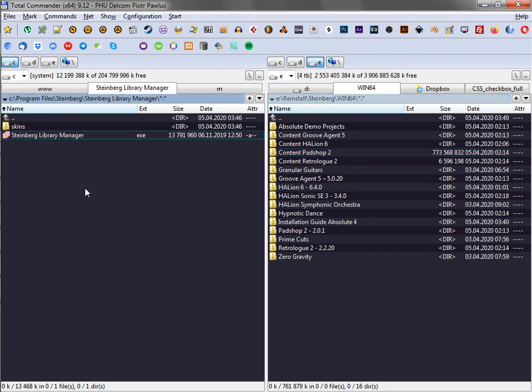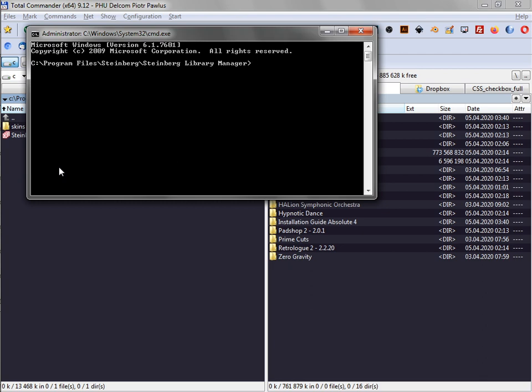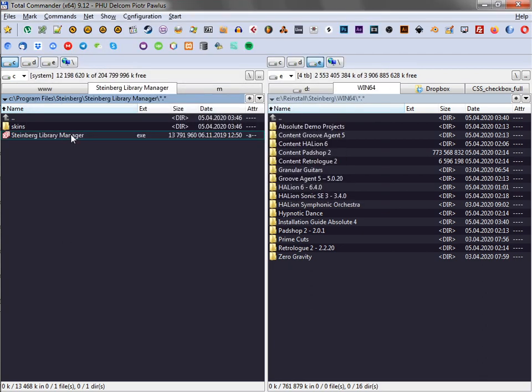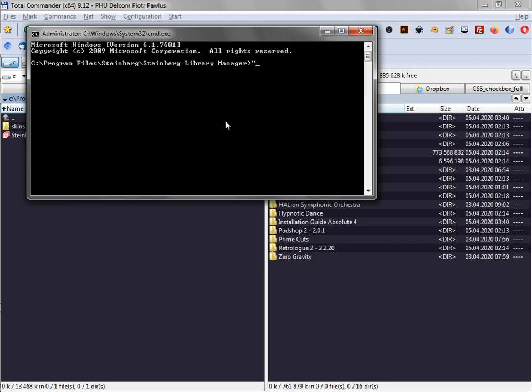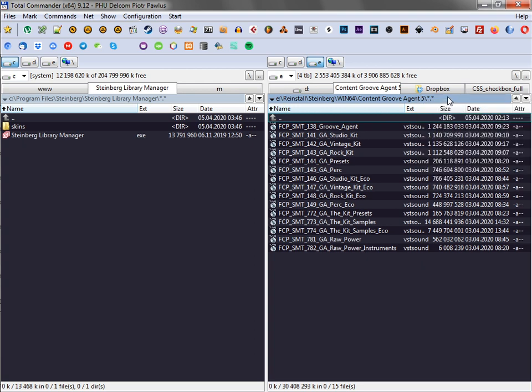So one of the ways is you can run Steinberg Library Manager in the command line, and you can use the folder where your content is as an argument. In my case, I will use Grow Engine content. I will copy its